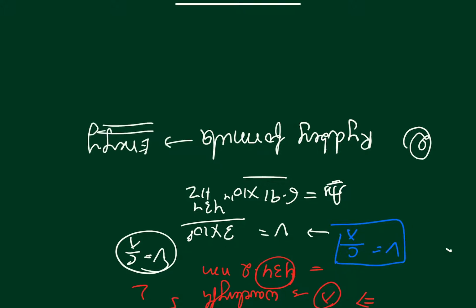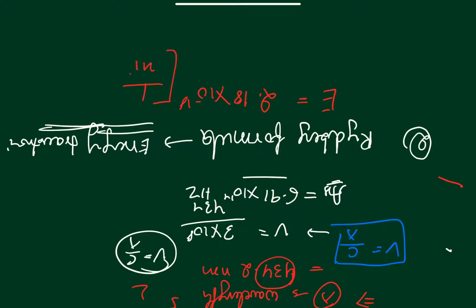Okay, whenever there is the energy of transition, whenever an electron is moving from one state to another, there is a Rydberg formula to get the energy of transition as well, and that formula is energy of transition is equal to 2.18 into 10 power minus 18 times 1 upon n1 square minus 1 upon n2 square. So whenever you take it for energy, the value of Rydberg constant changes to this 2.18 into 10 power minus 18.